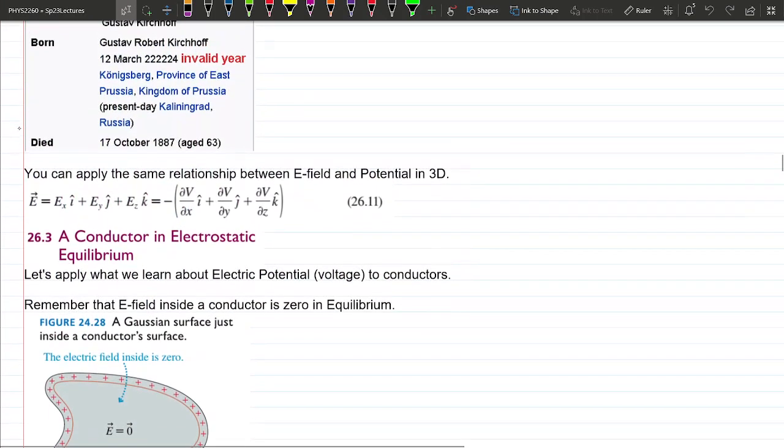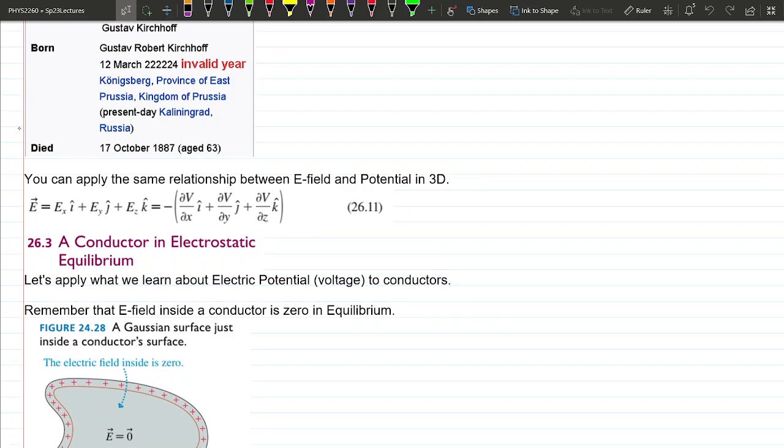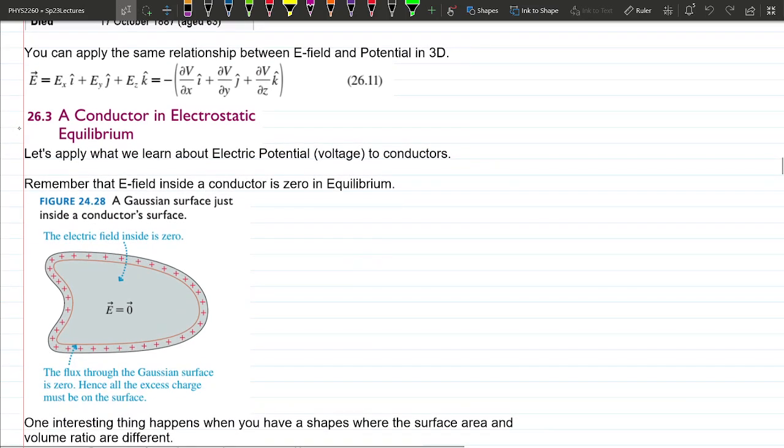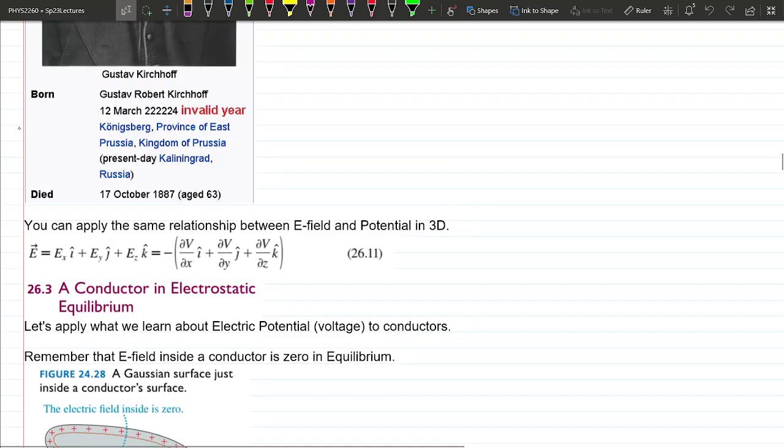Not going to be able to finish up chapter 26, but hopefully we'll get through most of it so we can have some time to do the worksheet for tomorrow and get through the entire chapter before the end of the week. Okay. So last time we talked about